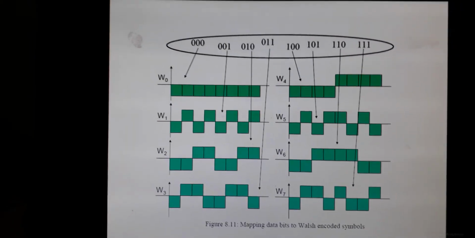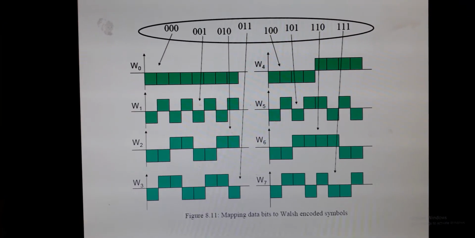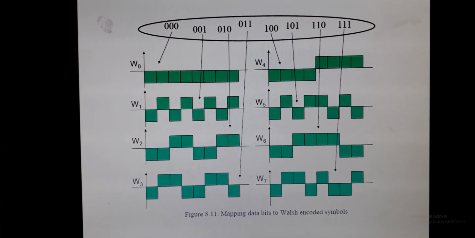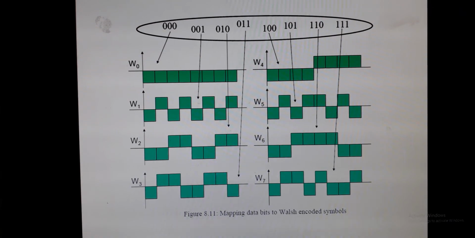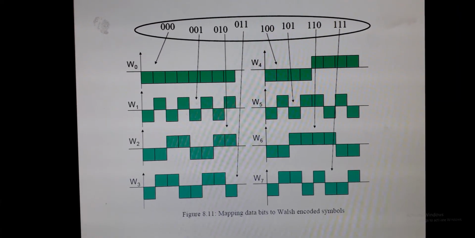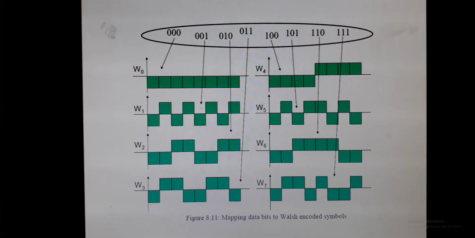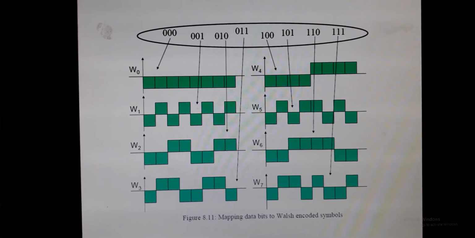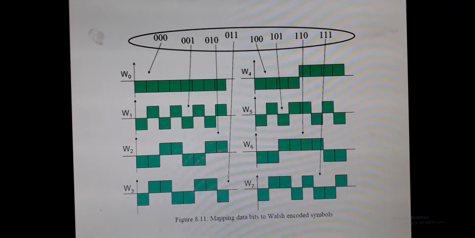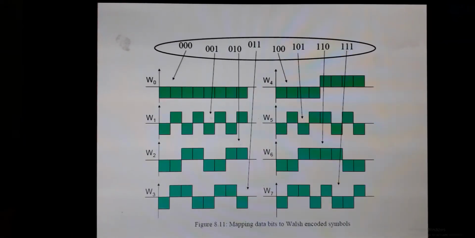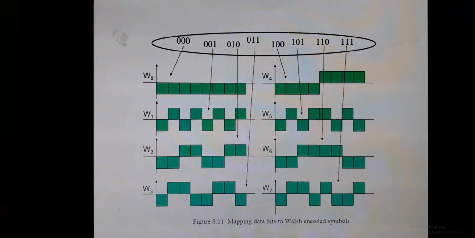What is a Walsh code? For any 8-bit information, Walsh coding will be done like this. For example, if you see W0, you can see all 8 zeros. For W1, the Walsh sequence will be 01010101. For Walsh 2, 00110011. For Walsh 3, it is 01101001. Even for Walsh 4, it is 00001111. Like this, there are 64 Walsh sequences that can be generated,